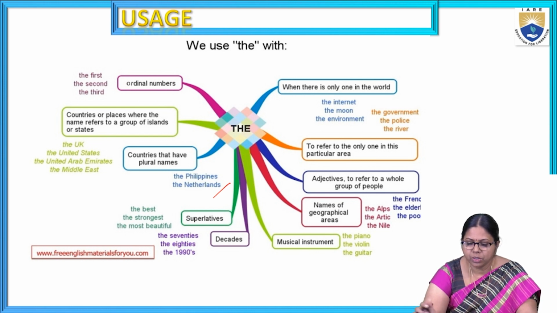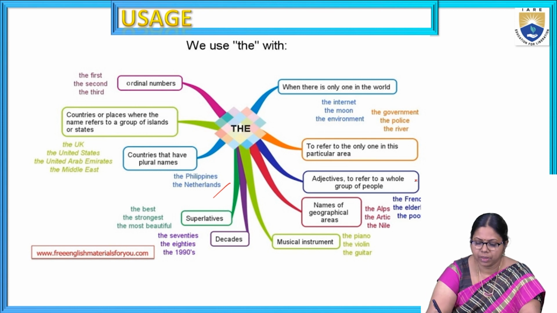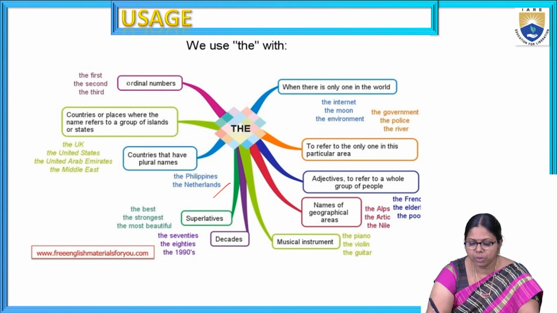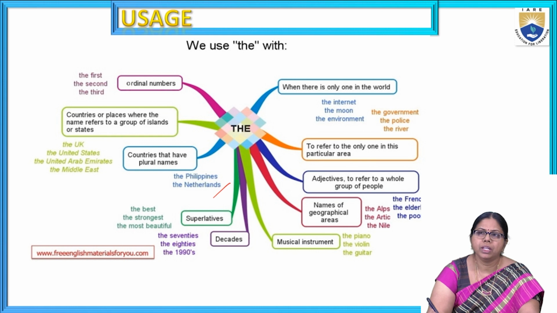Next, the is used with adjectives to refer to the whole group of people, like the French, the elderly, the poor, the rich, the old. So to refer to the whole group of people, we use the. And next, the is also used before the names of geographical areas, like the Alps, the